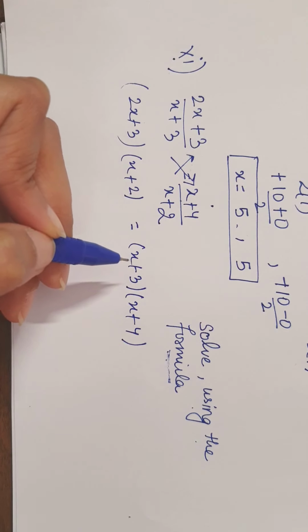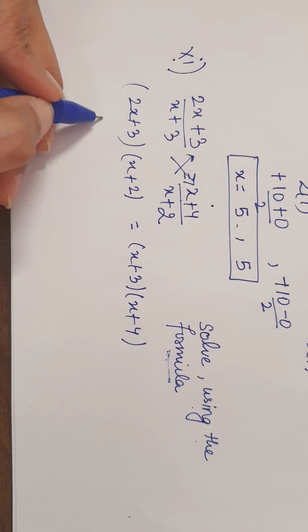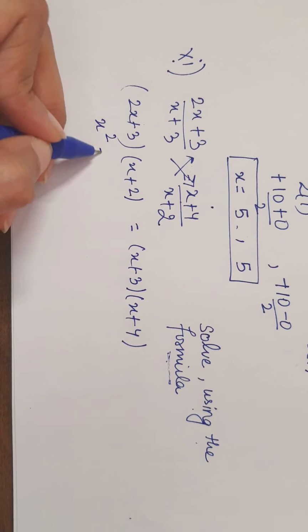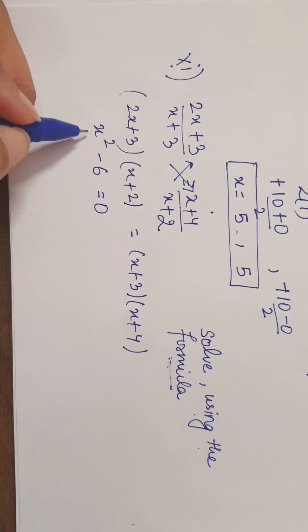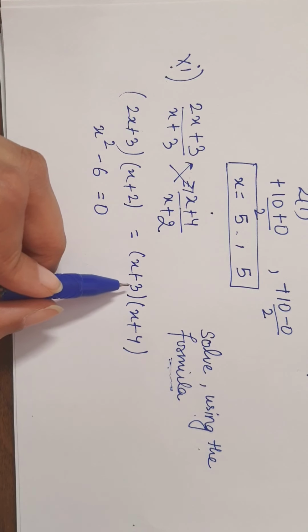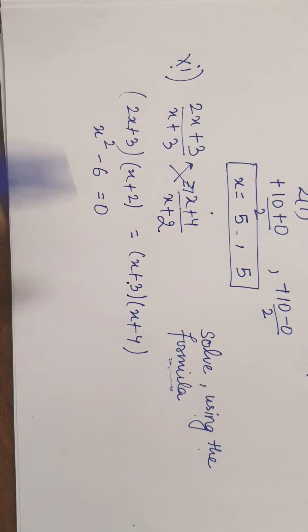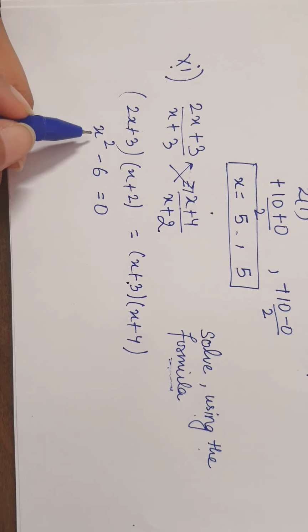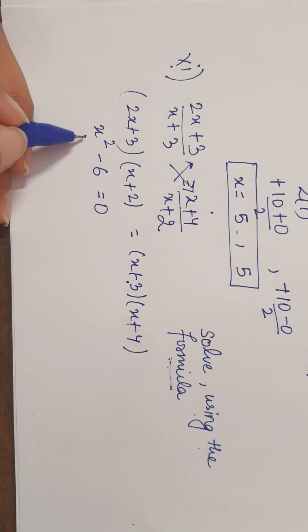By multiplying and simplifying, you will get the final equation to be x square minus 6. Do not just copy the equation, solve it. There are many steps which I want you to write properly. Okay, now in this case, is it in the standard form now? Yes, it is.